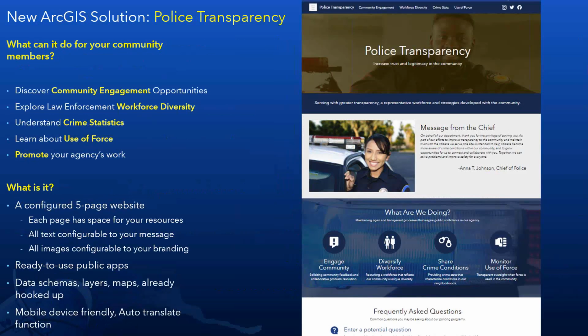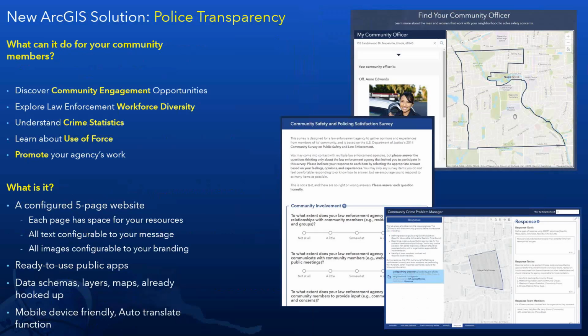So getting into the police transparency solution, what is it, and what kind of information can it provide to your community? Well, at a high level, the police transparency solution is going to enable you to deliver authoritative information and communicate engagement efforts to your community members in 5 main ways. First and foremost, and what you're seeing here is a screenshot of the main page of the police transparency solution. First and foremost, it's going to help you enable your community members to discover new community engagement opportunities,